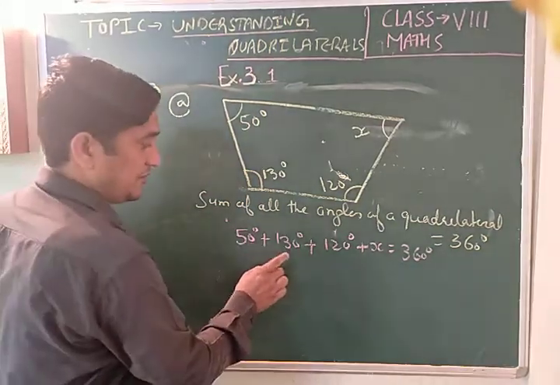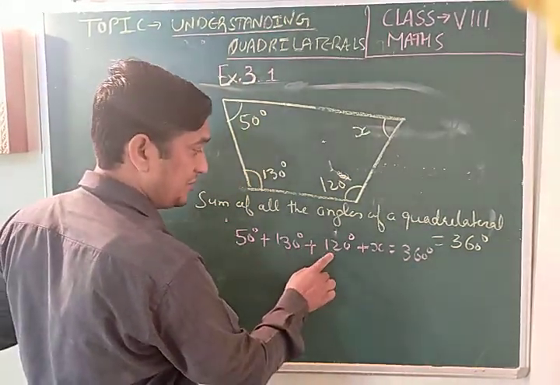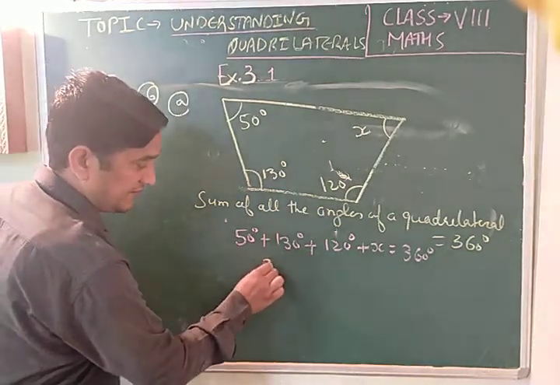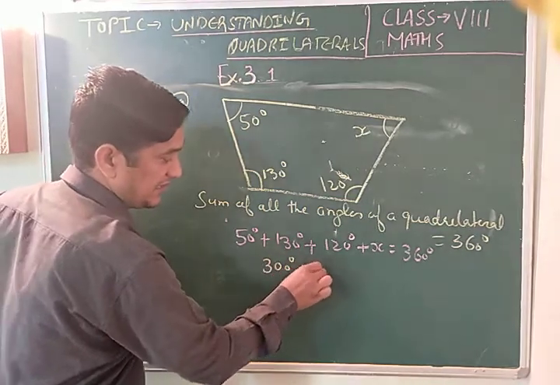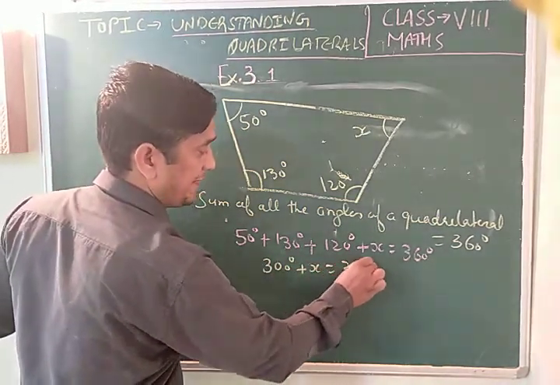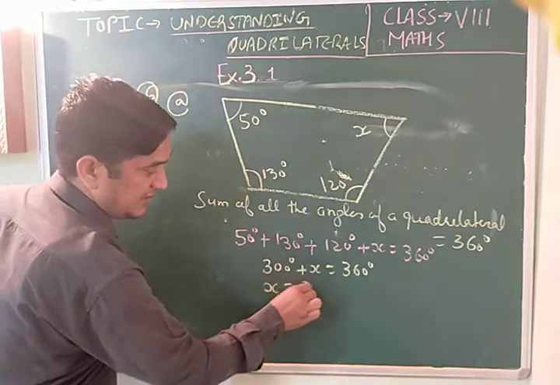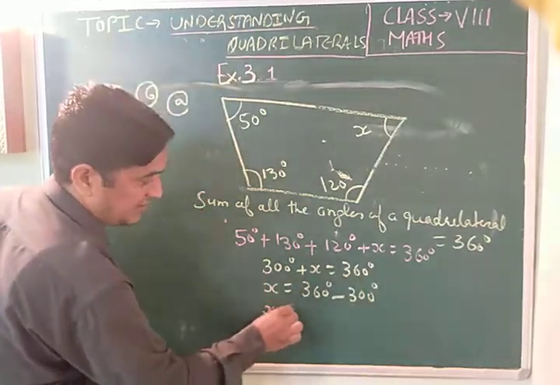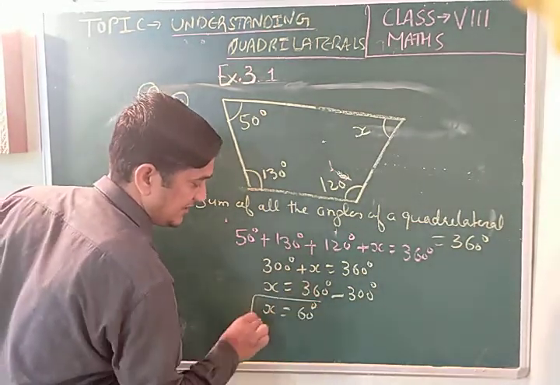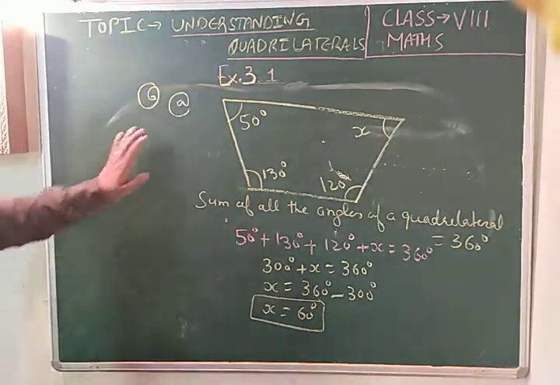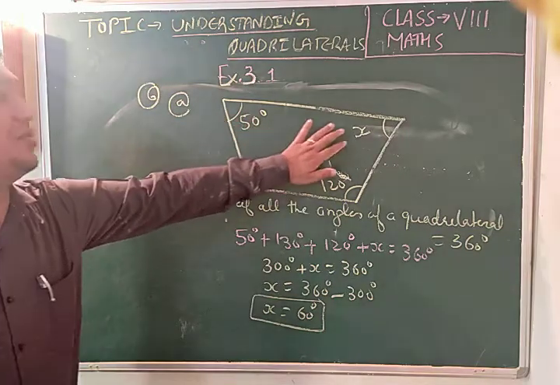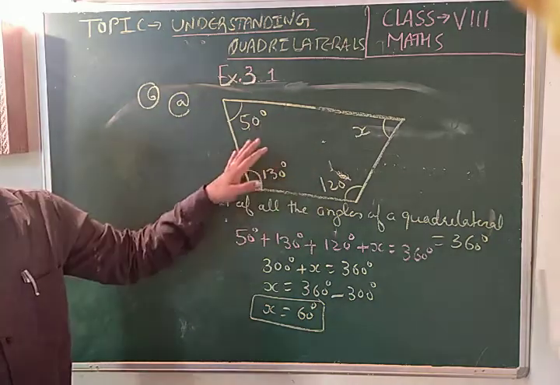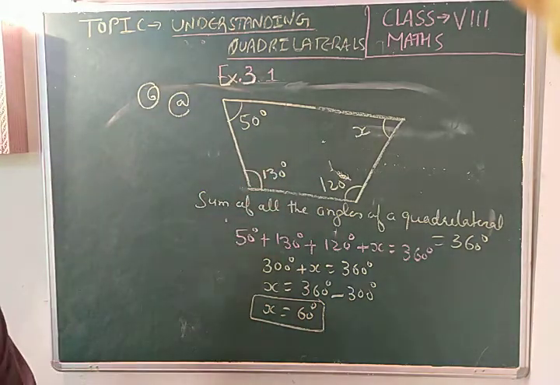Add all these. 130 and 120, it becomes 250. 250 and 50, 300 degree plus x is equal to 360 degree. The value of x is 360 degree minus 300 degree. The value of x is 60 degree. This is the way to find any unknown quantity of this figure. Next is